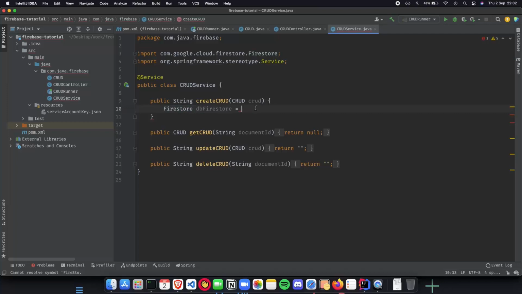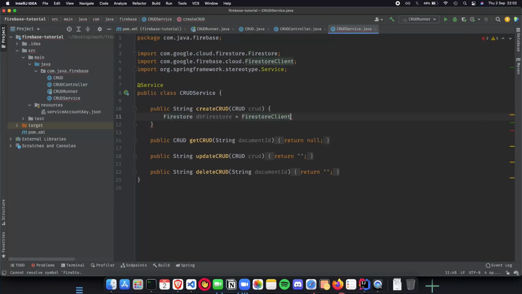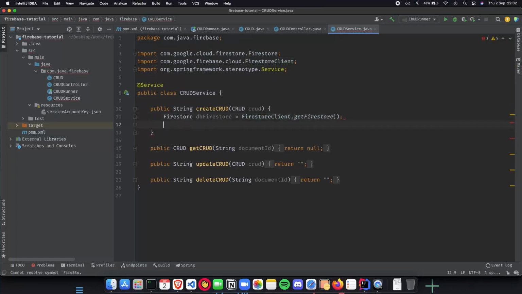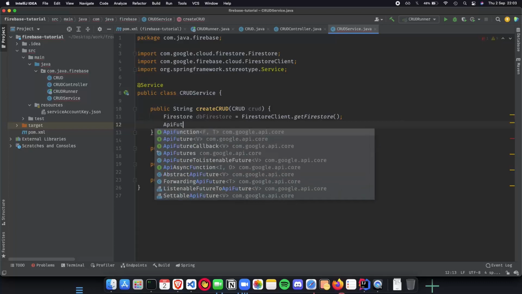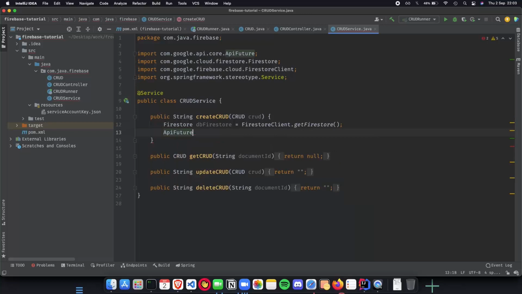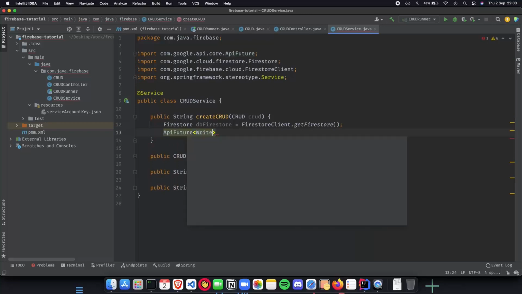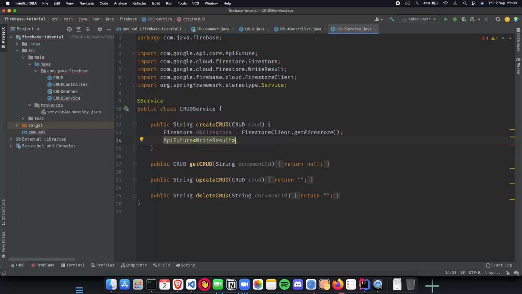DB Firestore, and we use the FirestoreClient dot get Firestore. And since we have already configured our application using the service account key, we don't have to worry about authorization anymore. Our app is automatically authorized. So that's a great thing to know. Let's have some boilerplate code here. So collections API feature, and this is going to be equal to